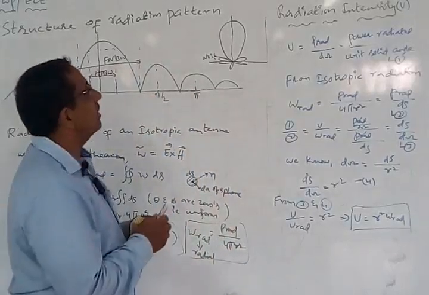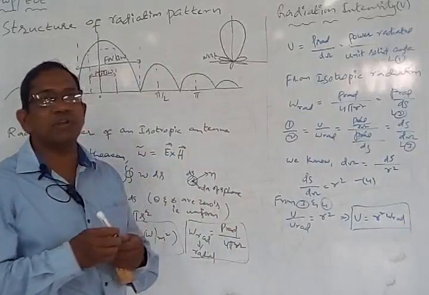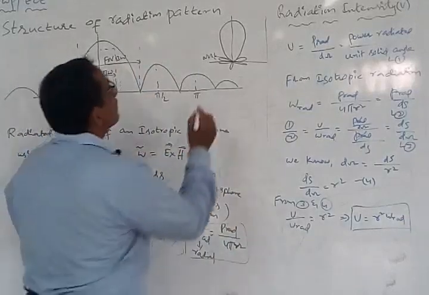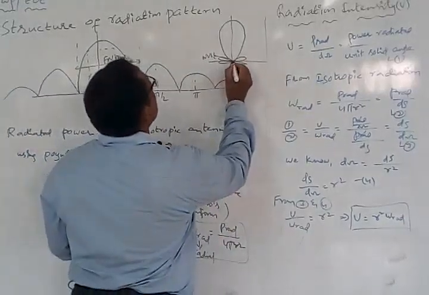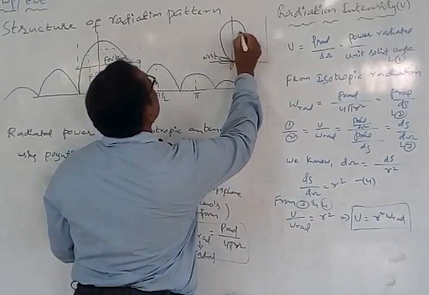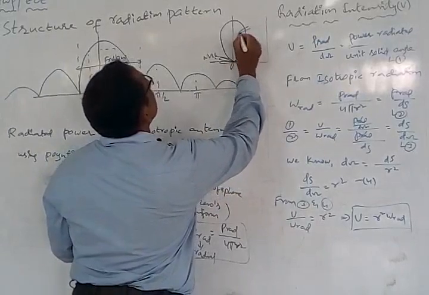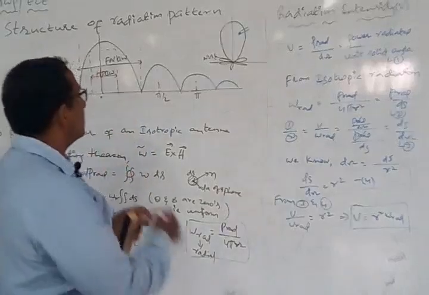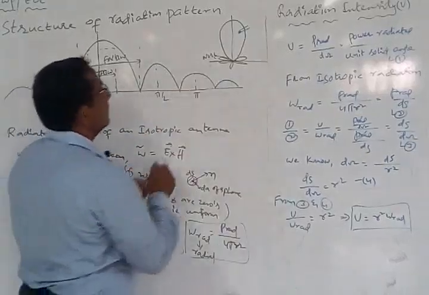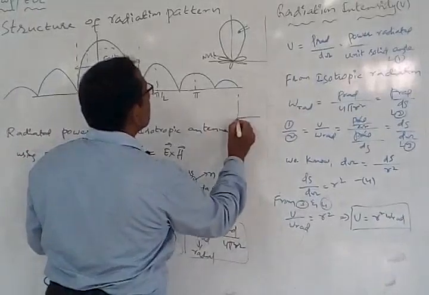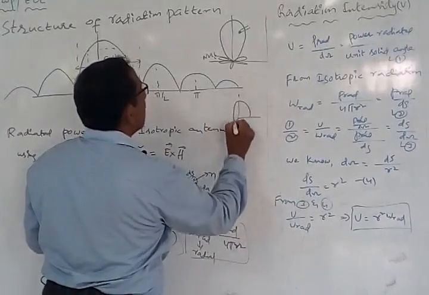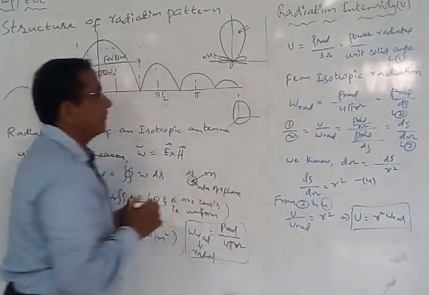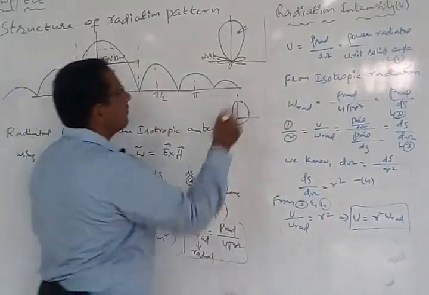So when I say that it is going to exist in the spherical coordinate system, what are you going to have now? You are normally going to have various angles. Say for example, if you take a infinitesimal point on the sphere. Now imagine that there is a sphere actually. Sphere means what? We are normally going to consider three axes like this, and we are going to consider a sphere like this, right? So this is going to be a sphere for us.